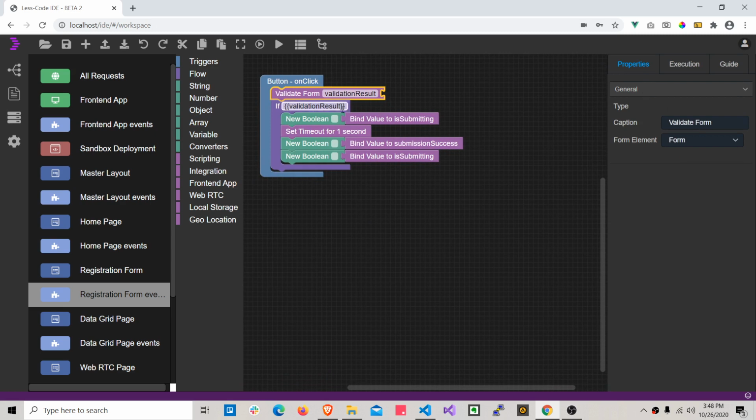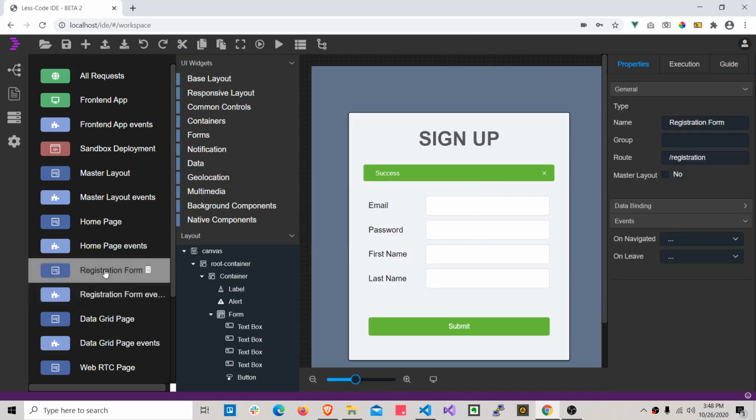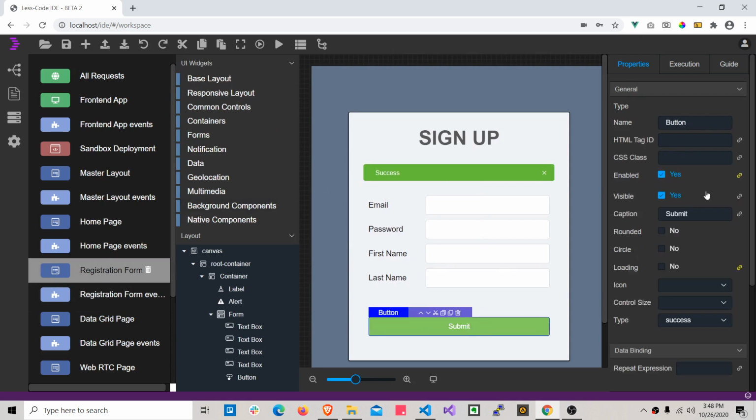If the validation is successful, we are just setting some boolean values to show that the form is submitting. Yeah, that's how it works. So for example, if we click on this button, we can see whether the button is disabled. And also if I show you the data grid page,